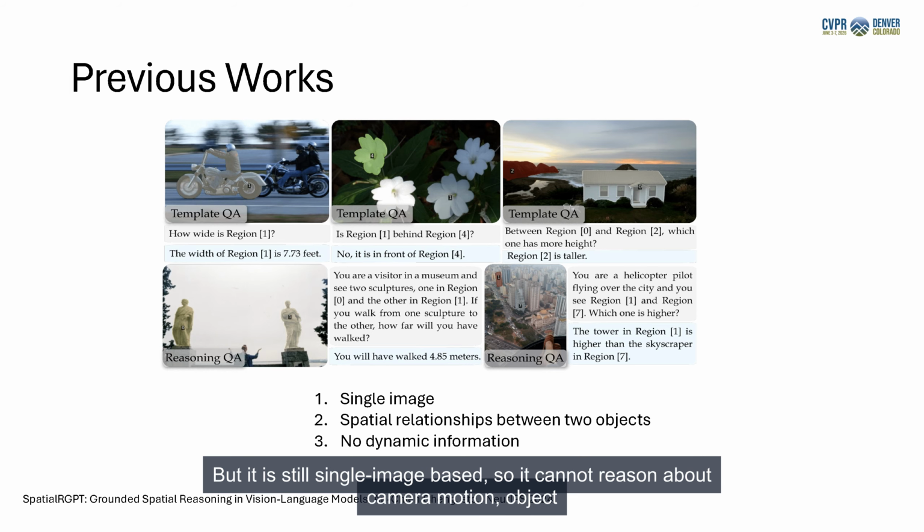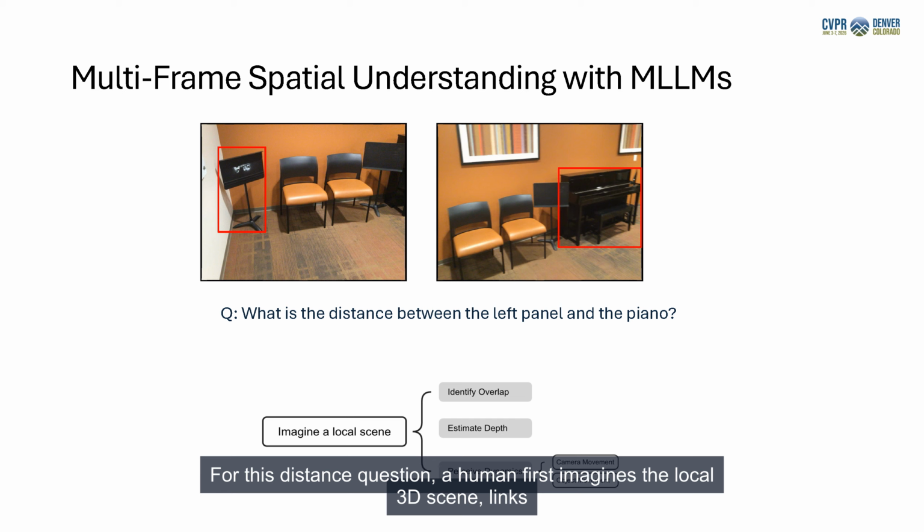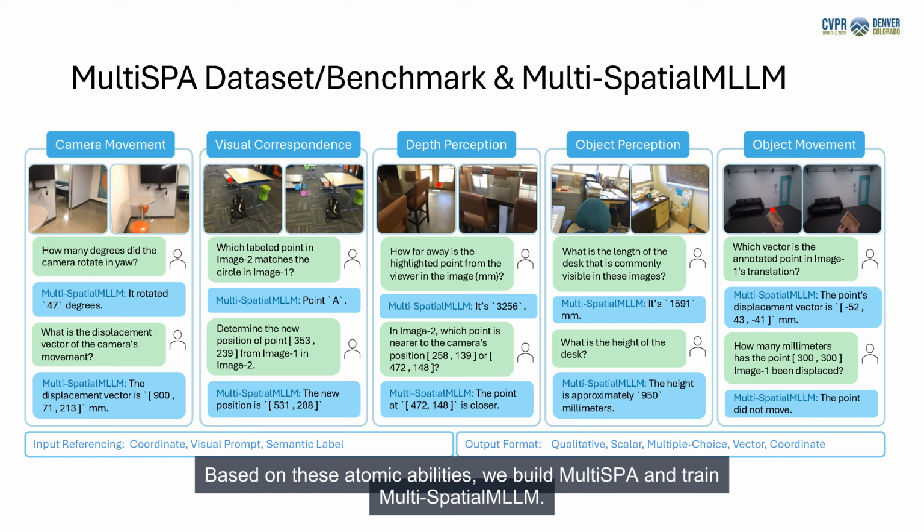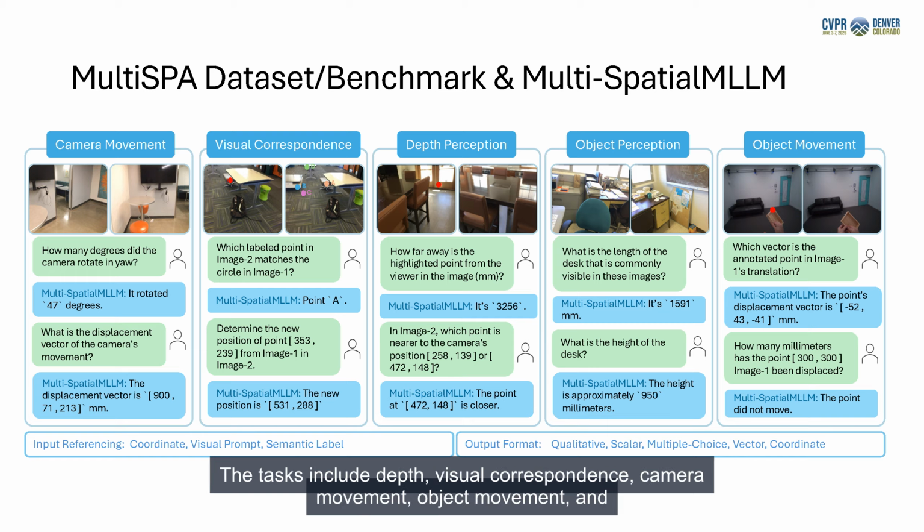Our goal is multi-frame spatial understanding. For this distance question, a human first imagines the local 3D scene, links overlapping regions across views, estimates depth, and accounts for movement if it exists. Based on these atomic abilities, we build Multi-SPA and train Multi-Spatial MLLM. The tasks include depth, visual correspondence, camera movement, and object perception, with outputs ranging from qualitative answers to coordinates and